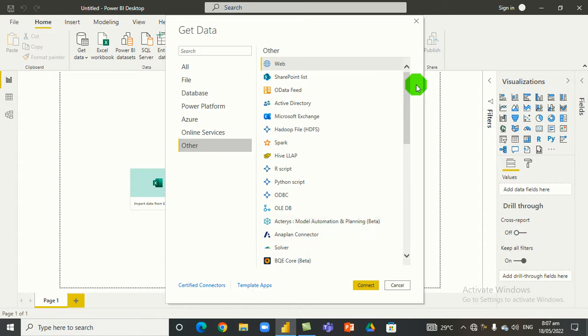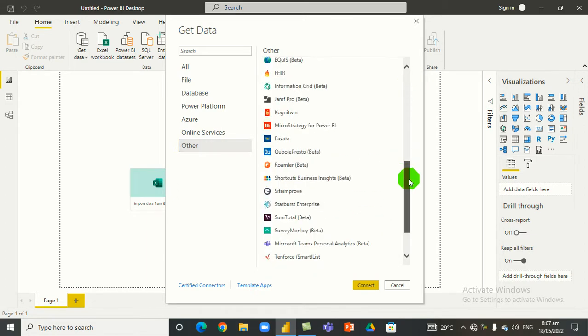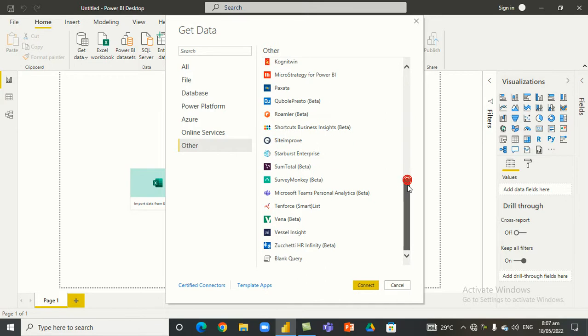These are various other platforms where you can get your data. Microsoft Teams Personal Analytics is still under beta. Survey Monkey, and some others are in the beta phase. Then you have Starburst Enterprise. These are various data sources where you can get your data into